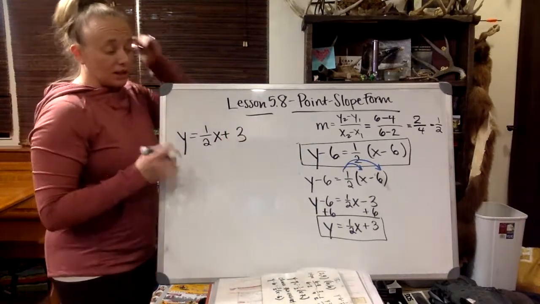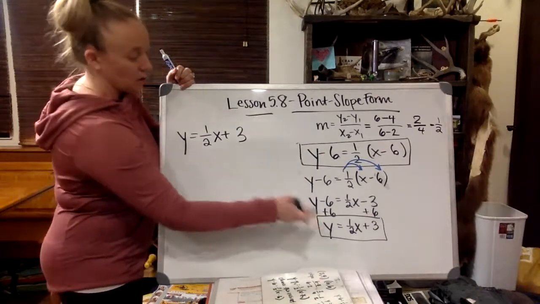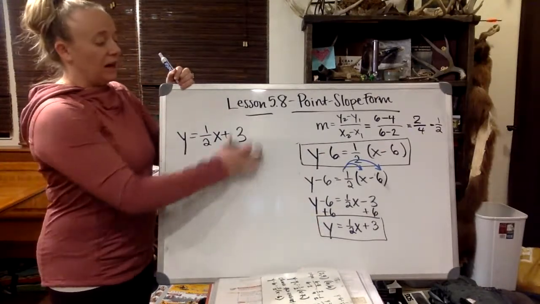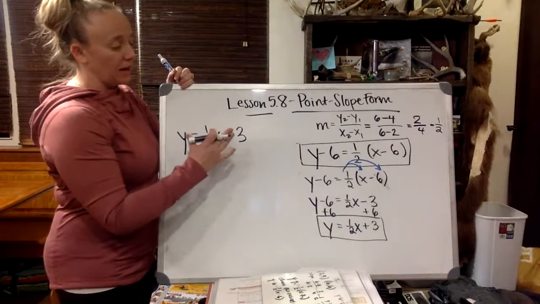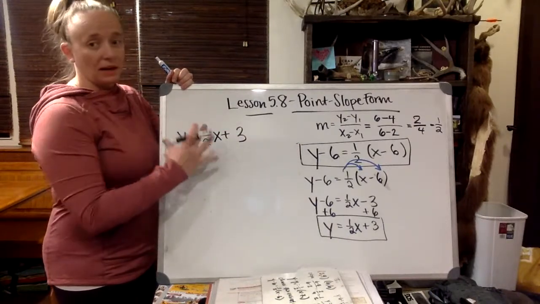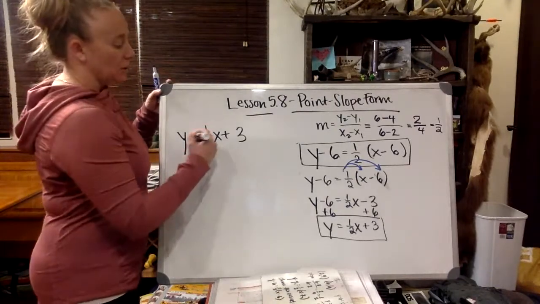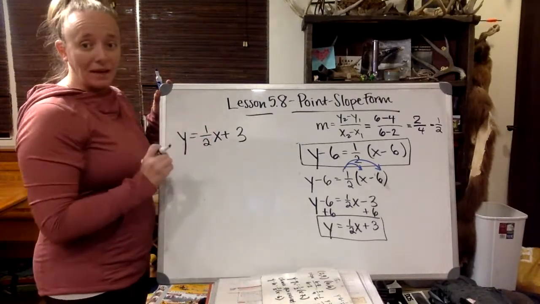So now I have the point slope form version of this equation. I have the slope intercept form version of this equation. Now I'm going to take this equation that I initially started with in point slope form, convert it into slope intercept form, and turn it into standard form. I know, crazy. All right, so to start out with standard form, I can't have fractions,